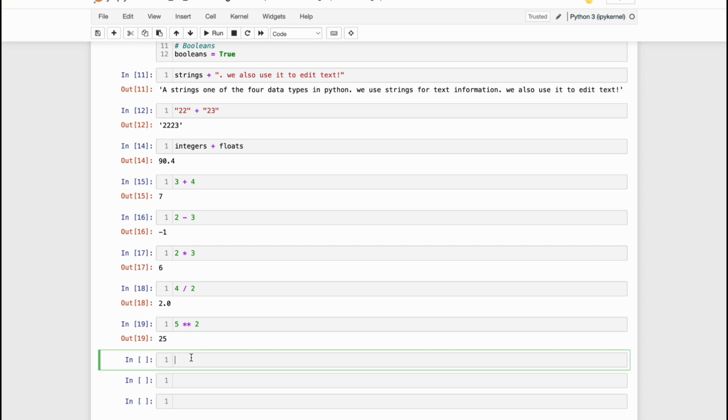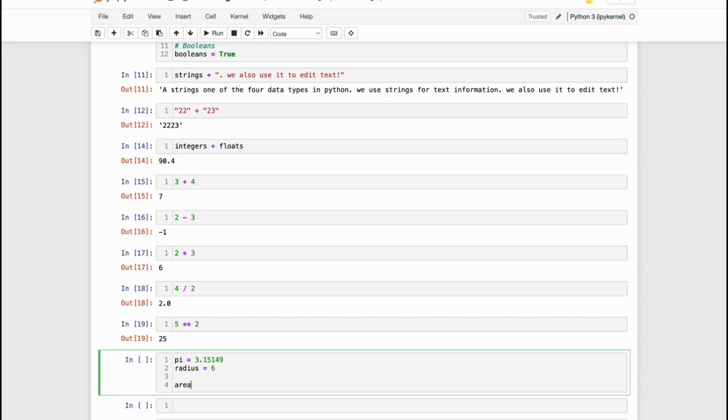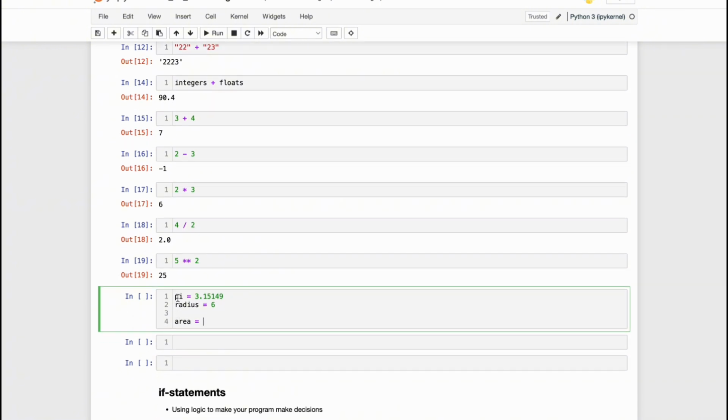So to calculate a circle, you would need the number pi, which is this, and then we would need a radius, which we can set to 6 for now, and then we can calculate the formula. So the area uses these two, so we're just saying pi multiplied by the radius to the power of 2,